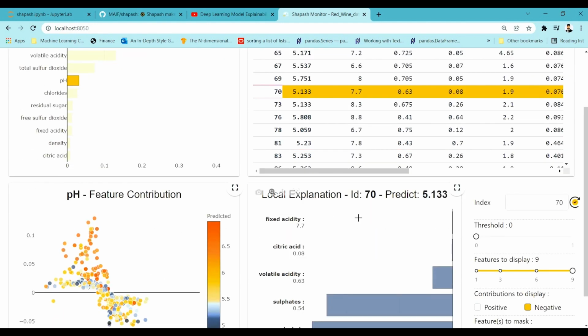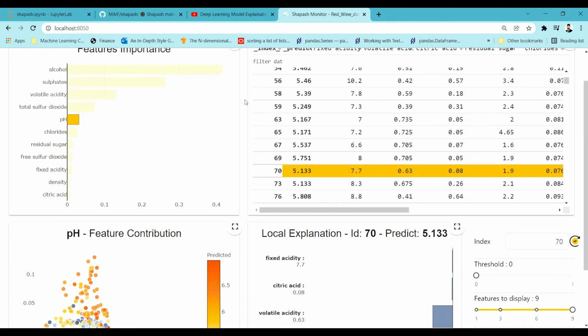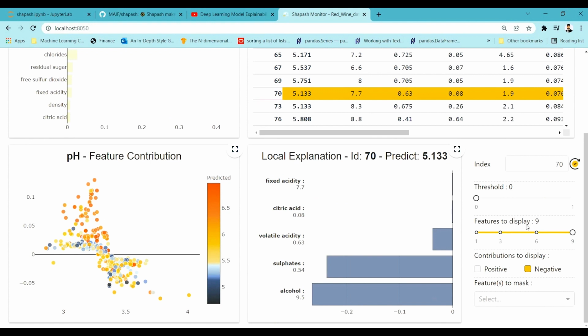and even with respect to each row, and it shows the contribution factors, and it also provides some parameters to play with on the threshold side and on the display side for the number of columns. So this is the flexibility that Shapash provides, and this is how you are able to explore